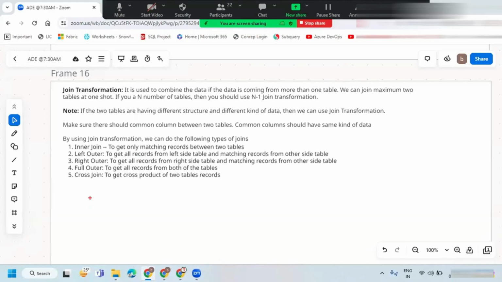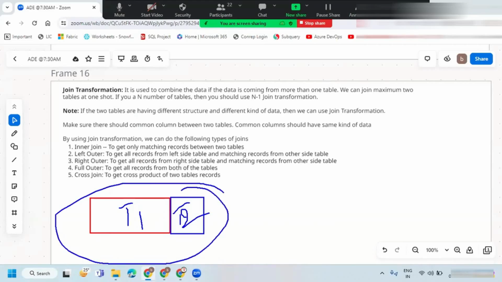Horizontal combine. Let's say one table is coming from this side, another table is coming from another side. So two tables are going to join something like this, side by side, this is table 1 and this is table 2. This kind of joining we can call horizontal joining, horizontal combining or merging.